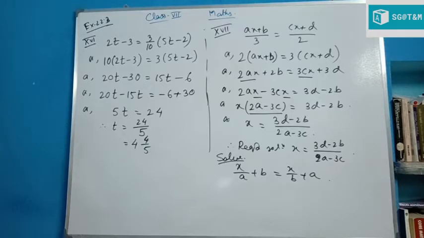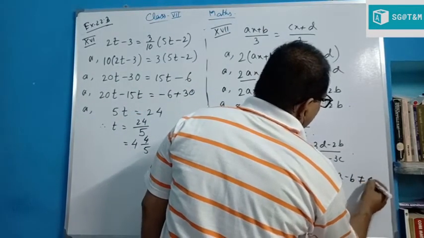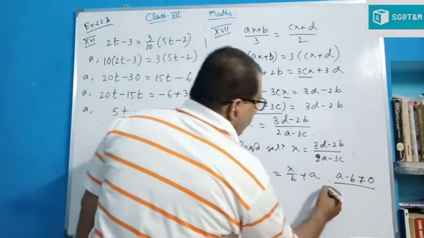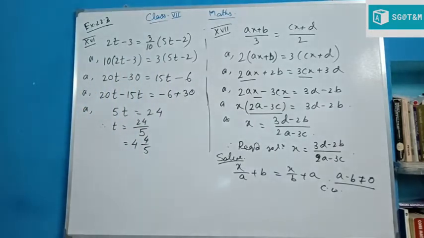Obviously, a minus b not equal to 0. It is given a minus b not equal to 0. Solve this for x. This is also classwork. So we have already given you 3 classwork. Okay. Next,